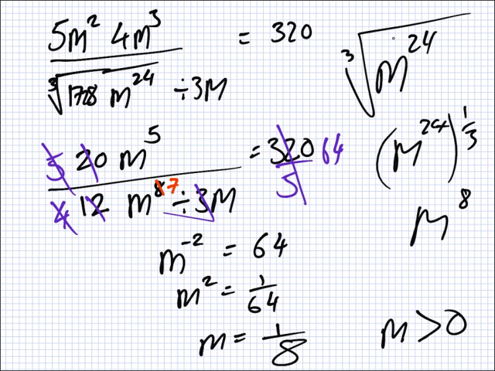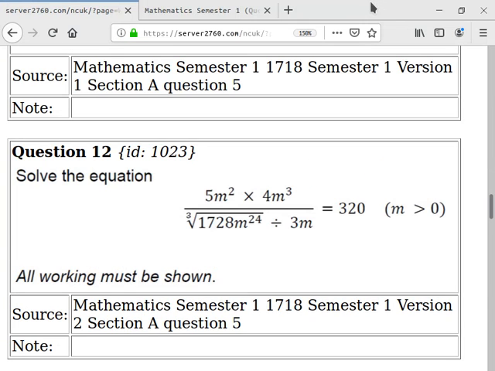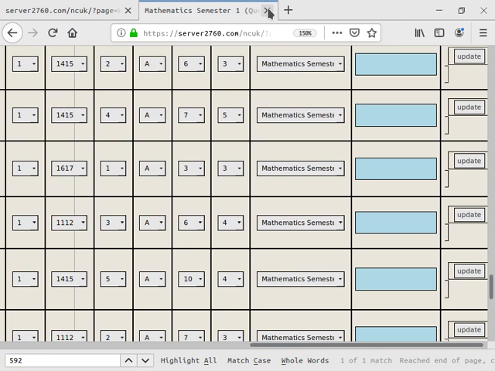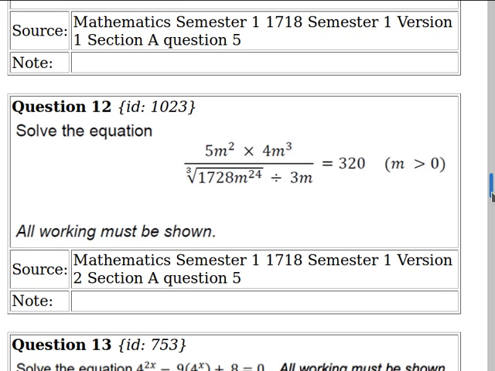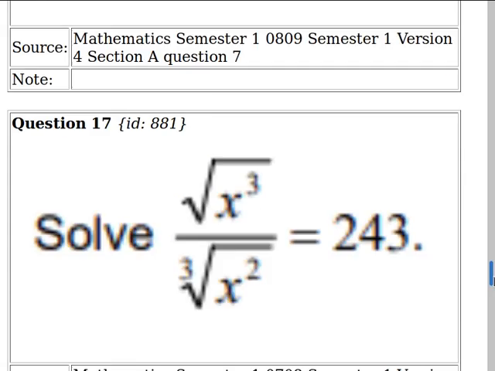It's e to the power x. It is. First, so also